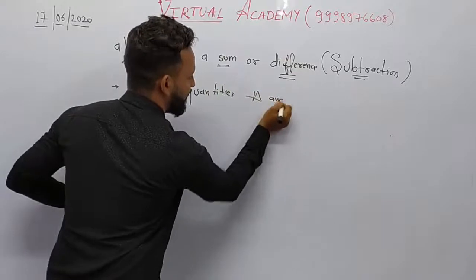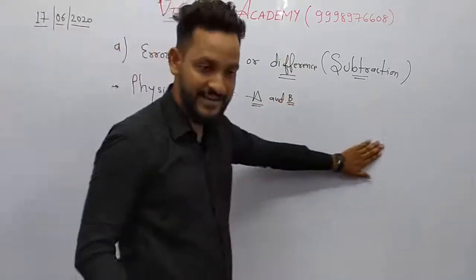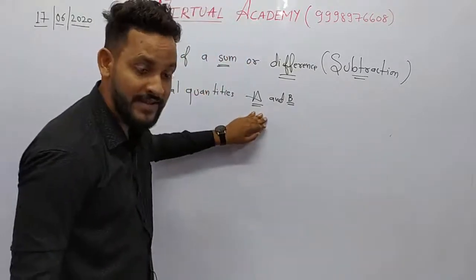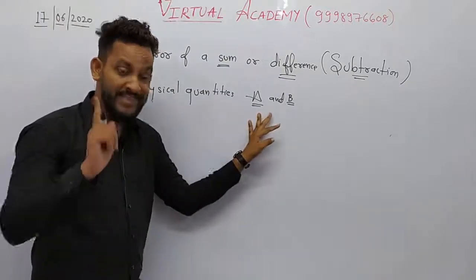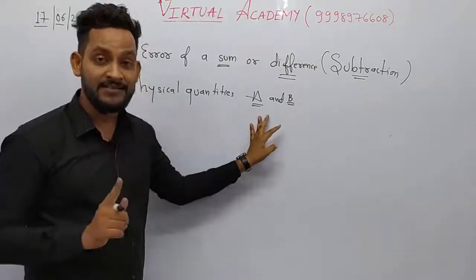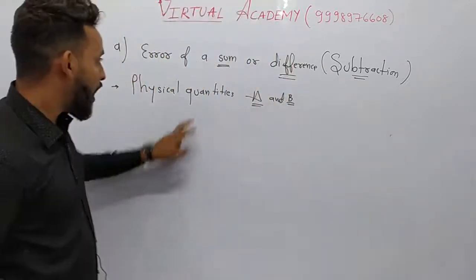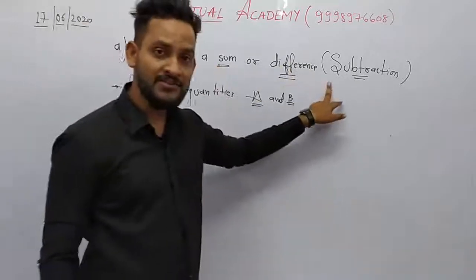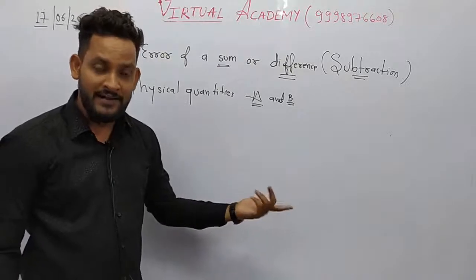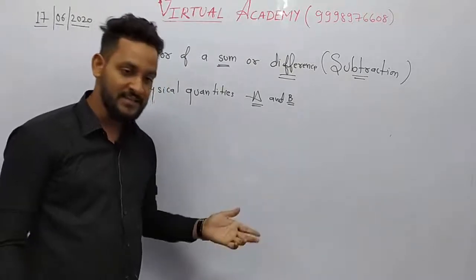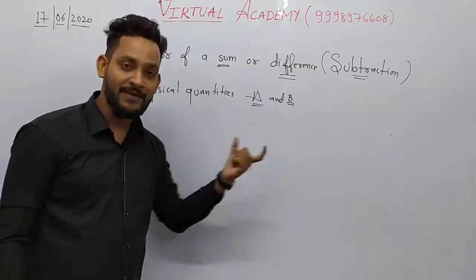A and B. Clear? We have two physical quantities, A and B. Now during the measurement of these physical quantities, error arises. Just keep in mind that this error is absolute error. The question arises in your minds: how do we do addition and subtraction of that error? It is possible to combine error in addition or subtraction. So dear students, it is easy and possible to add and subtract that error.